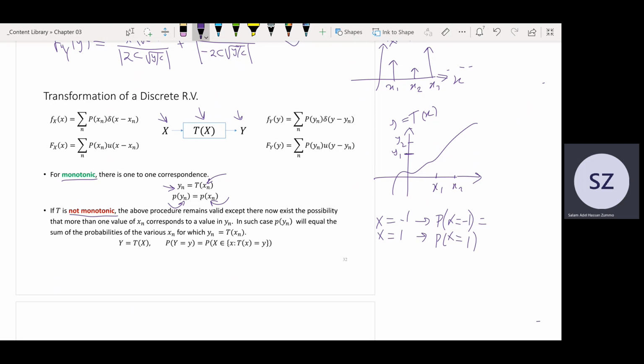So we have a random variable that takes two values, minus 1 with the probability of 0.5 and 1 with the probability of 0.5. So a random variable x can take minus 1 and 1 with equal probability. Now I apply y, which is equal to